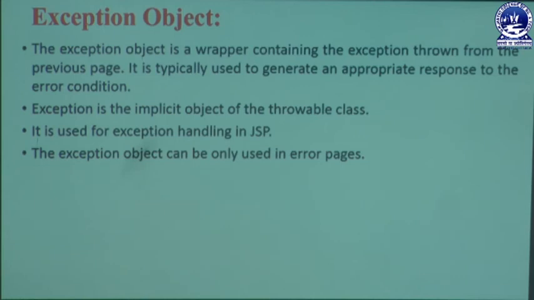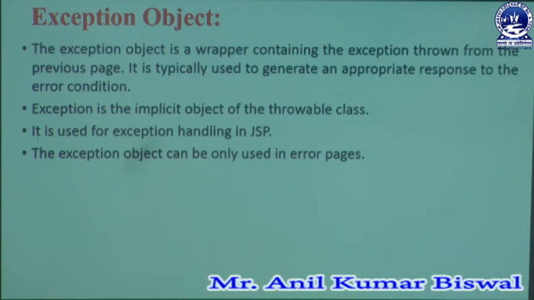That relevant information contains some information about some error or some runtime error. We have some runtime errors which hamper our system. We avoid this type of runtime error by adding this exception object. That exception object is a wrapper. We know that by using that exception object we can use some throwable class. By using that throwable class we can easily throw some relevant information from our programming part.